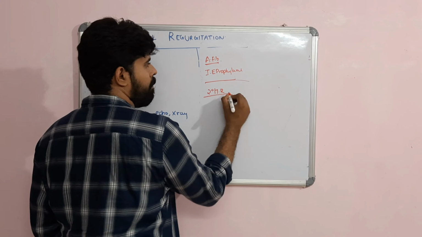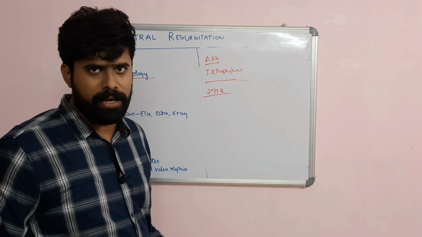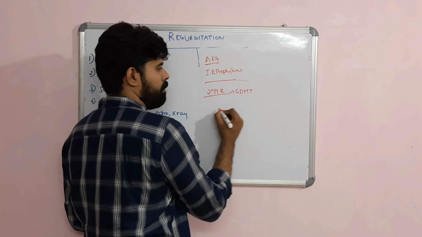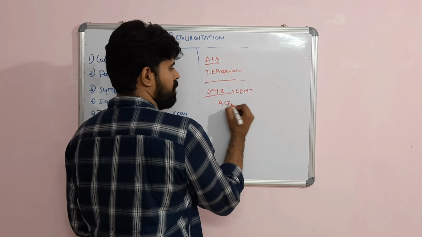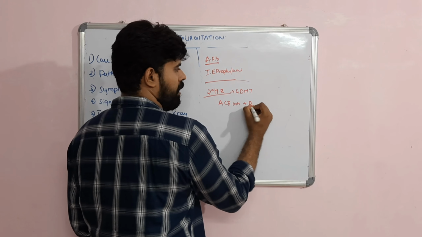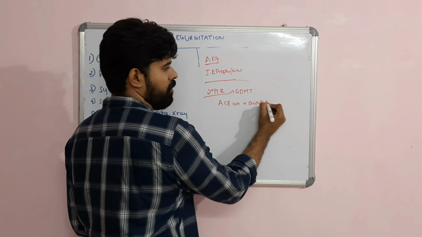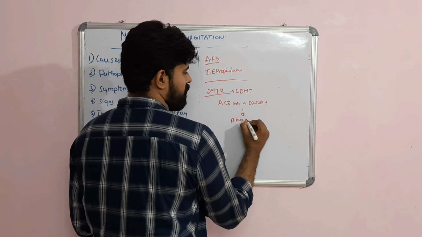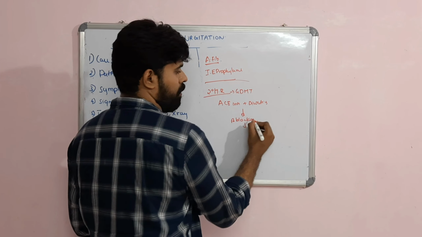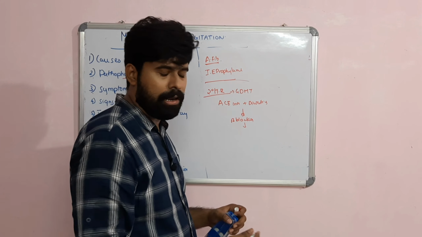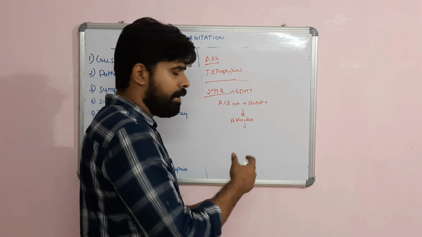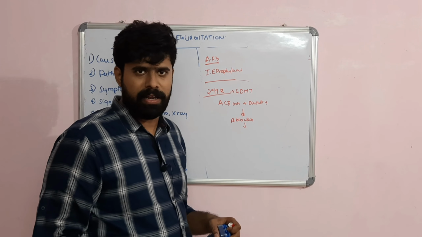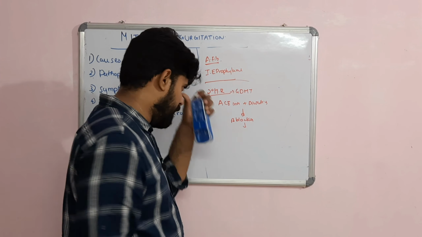Secondary MR should be managed just like managing any cardiac failure, with guideline directed medical therapy. Start the patient with ACE inhibitors and diuretics. If there is no response, you can add a beta blocker, usually carvedilol, metoprolol, or bisoprolol. Diuretics can be loop diuretics or thiazide diuretics. For ACE inhibitors, the usual enalapril and ramipril can be tried.